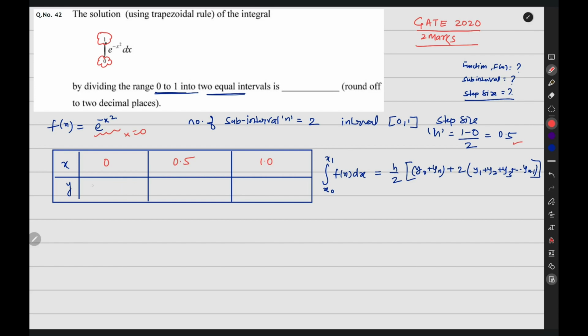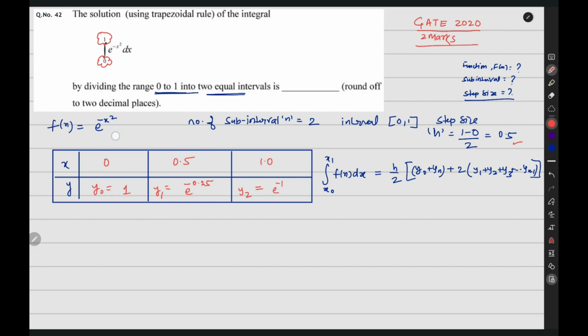So y0 equal to 1. Now we will put x equal to 0.5, e to the power minus 0.25 by squaring 0.5. y2 we will get, putting x equals to 1,